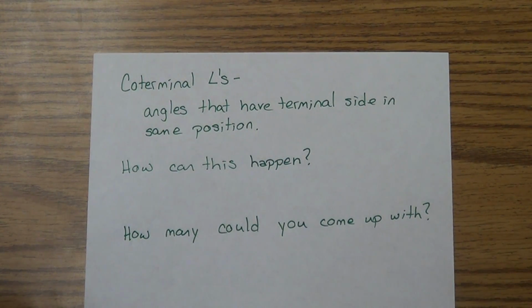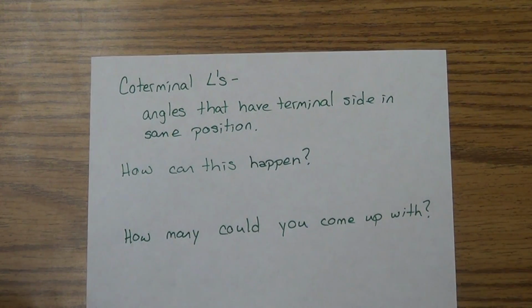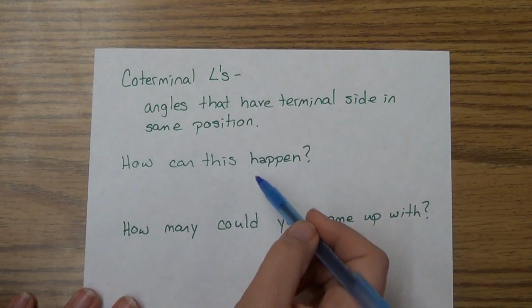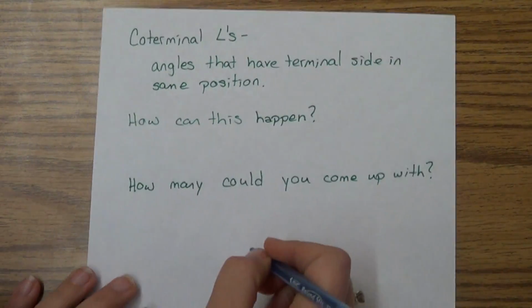Okay, today we're going to talk about coterminal angles. What are coterminal angles? They're angles that have their terminal side in the same position. So how could that happen? Well, if you think about your circle,